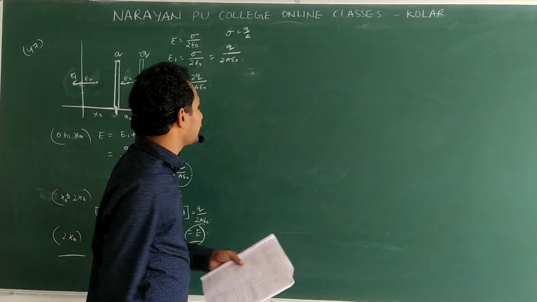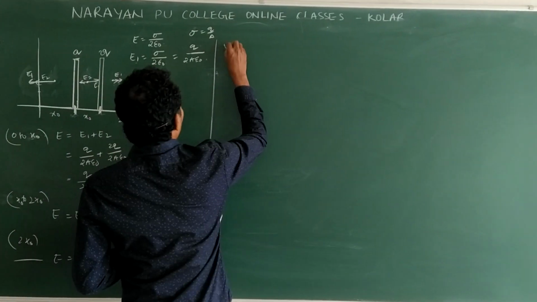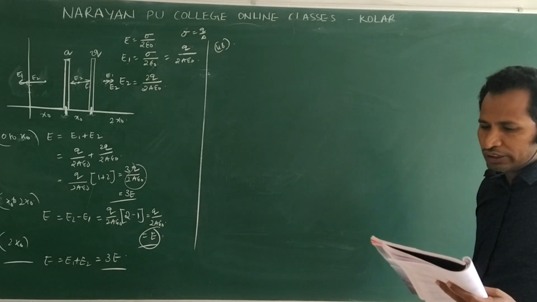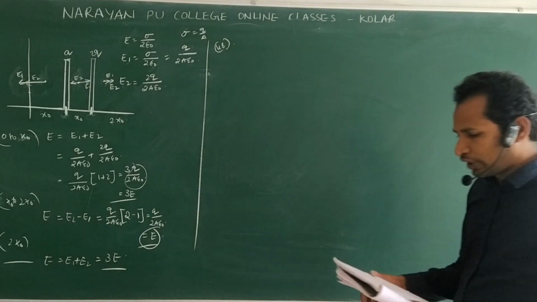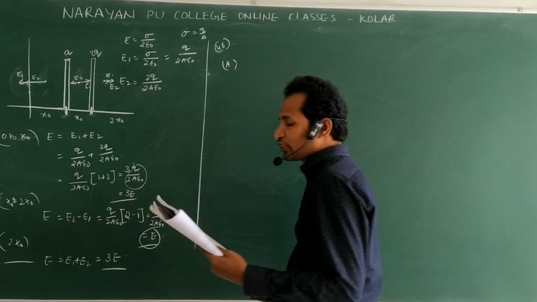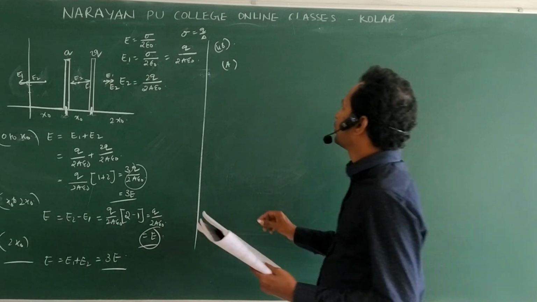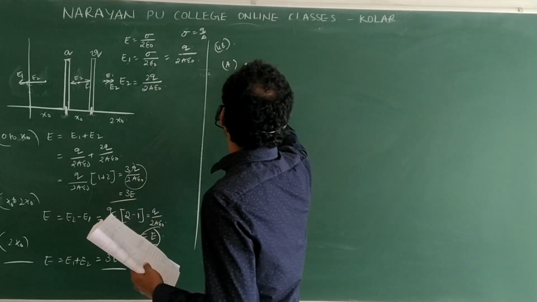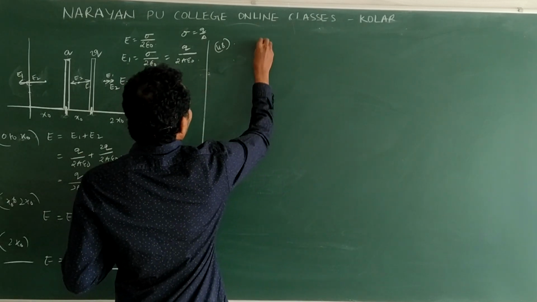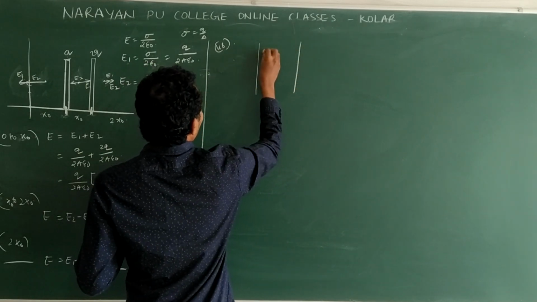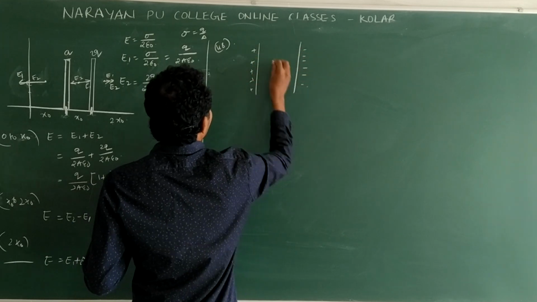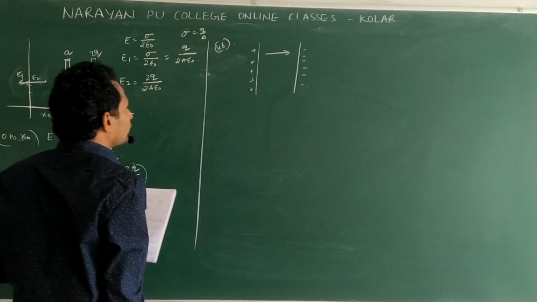Now come to 48. They have given column 1 and column 2, and they ask for the matching. Now we will follow one by one. A is the expression for charge per unit volume. Charge per unit volume means, suppose you take two plates, this is the positive plate. Let us say a capacitor. Simply, if you take a capacitor, it is like this.